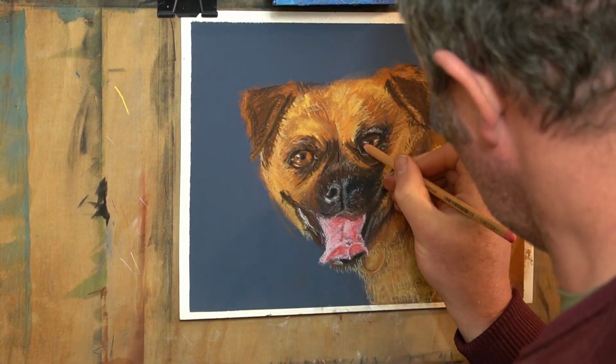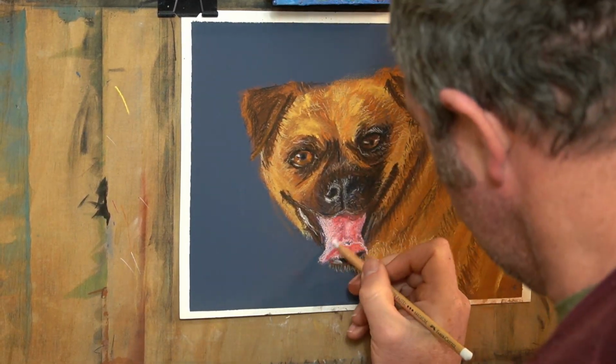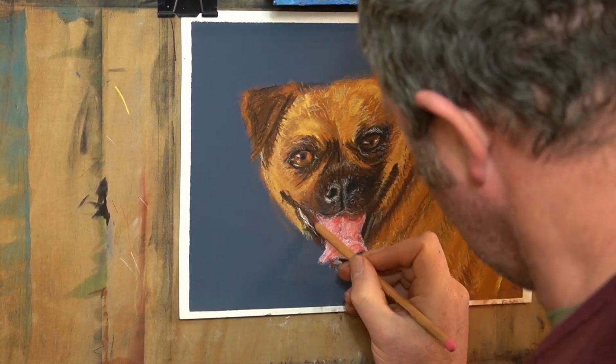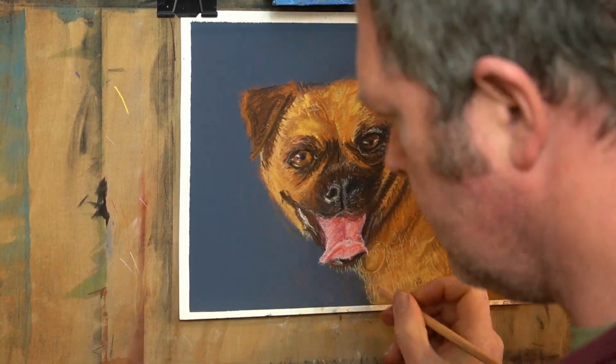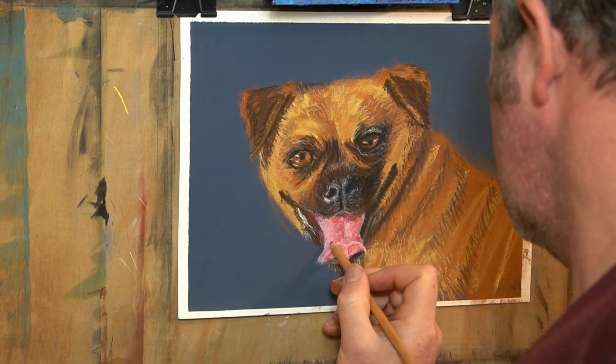I return to the dog's tongue and start to refine it. I add and blend some white and pink into the existing colours. I also use a deeper red in some areas. I use this sparingly, as it will jump out of the painting and will become the focal point if I overdo it. I have to be careful to allow the dog's face to balance with the massive contrast of the